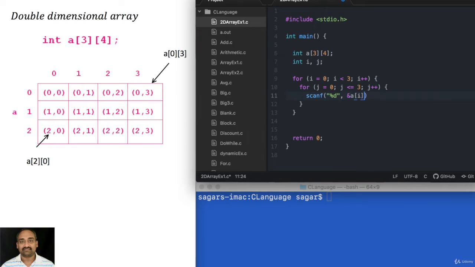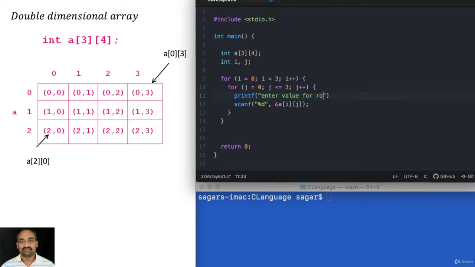Now let us read the value of ampersand a of i of j. In order to just make it more readable, I will just print row and I will print percentage d. So this is just for our convenience.